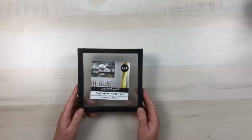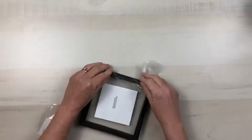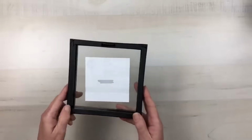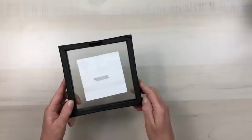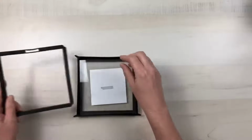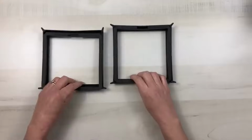I will be using this 4x4 picture frame from Dollar Tree, and I'm actually going to use 2 of these for this project. Now, what I love about this frame is it has these tabs on the back that you can just push out, and then the back itself fits down into the insert of the front of the frame. You're just going to remove the glass and set that to the side